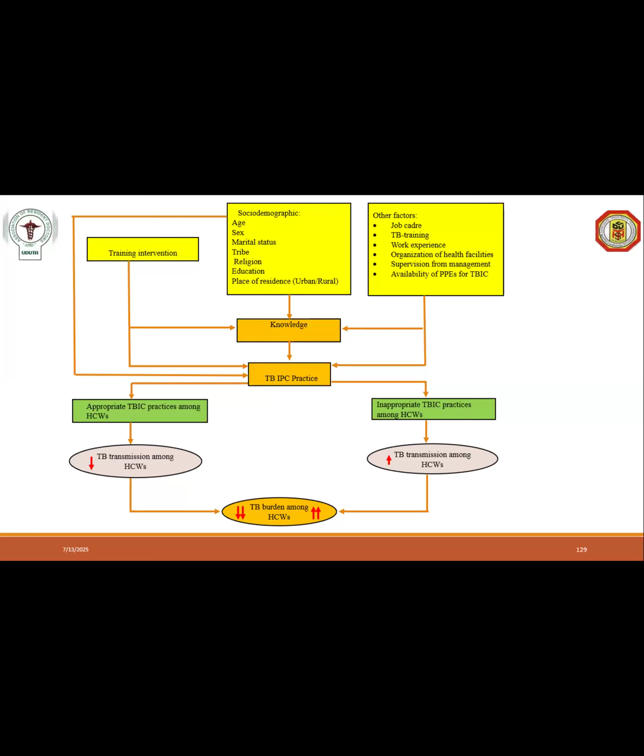So this conceptual framework will now tell the reader, or the person that is reading the proposal, the interconnectivity of the problem that we think we can solve at the end of the day. So you see this diagram, when you look at it, it will show you the problem of tuberculosis, the burden of tuberculosis will be reduced at the end of the day when this research is ended. It tends to reduce the burden of the tuberculosis among the healthcare workers themselves. So that is what conceptual framework does.